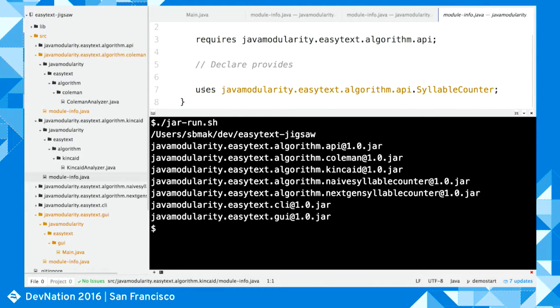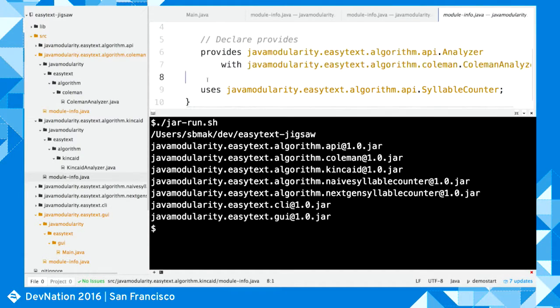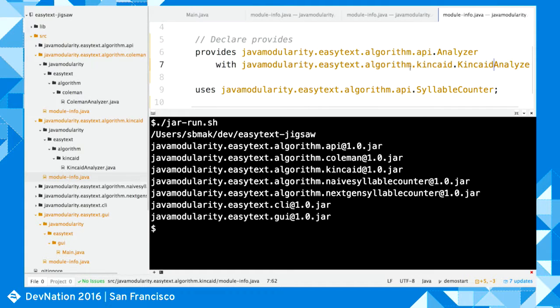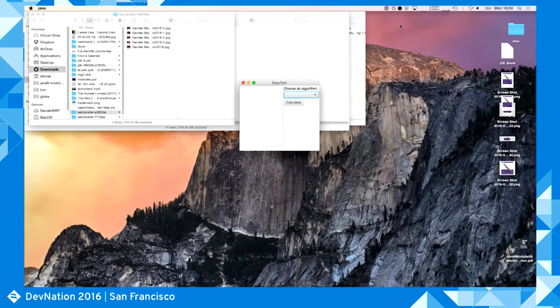And as you can see, this one itself also uses another service, so there's no need to be shy with that. You can at the same time provide and use services yourself. And in this case, we need to give another implementation like this. And if we run again, we should be getting an actual selection box where we can select between the two different algorithms.